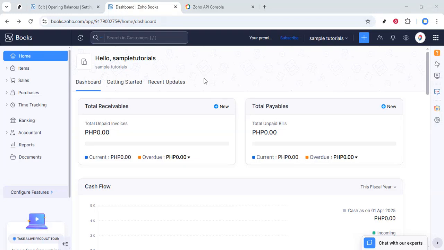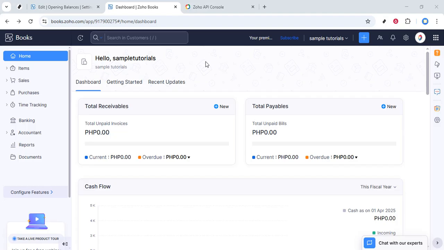In this video, I'll guide you through how to get a Zoho Books API key. By the end, you'll have a client set up in Zoho's API console and be ready to use the API with your own application or integration. I'll move step by step and explain what each field means, so even if you're new to APIs, you can